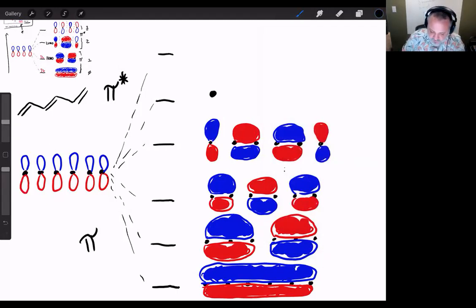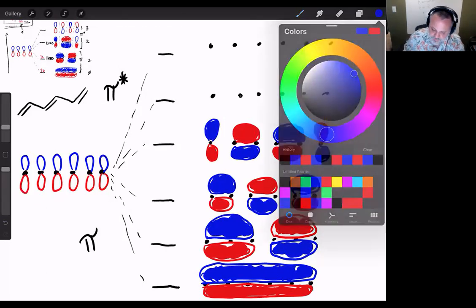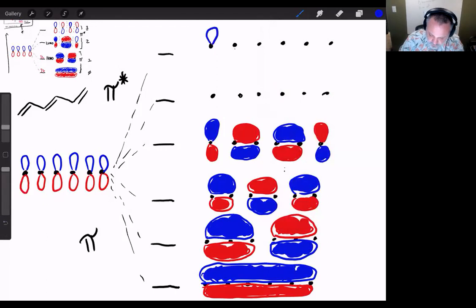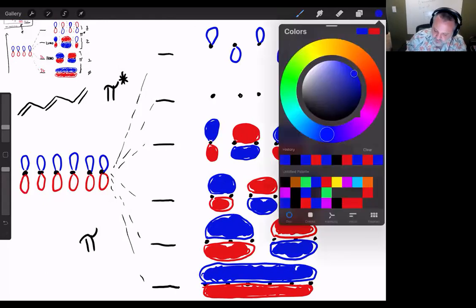All right, let's do these last 2. 1, 2, 3, 4, 5, 6. 1, 2, 3, 4, 5, 6. This one at the top should be the easy one, right? Blue, blue, blue, blue, blue. Blue. None of them line up constructively. And so this was 1, 2, 3 nodes. The next one up needs to be 4 nodes. So how do I do 4 nodes so that they're